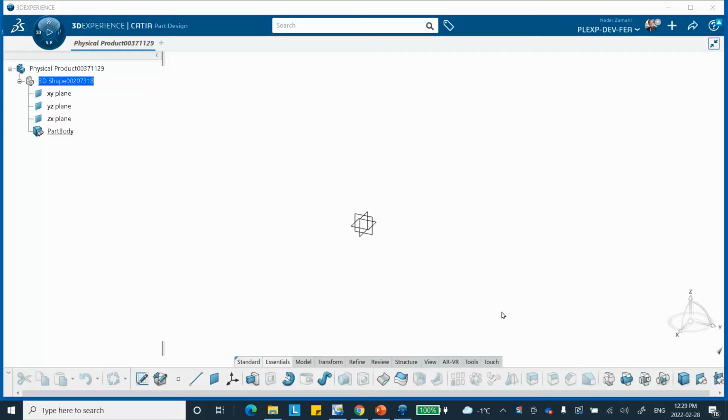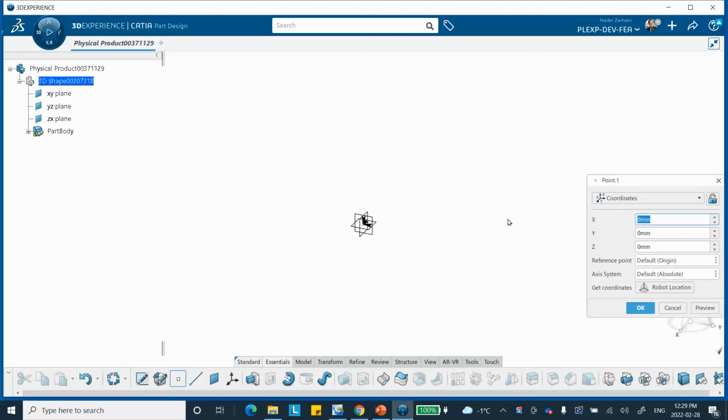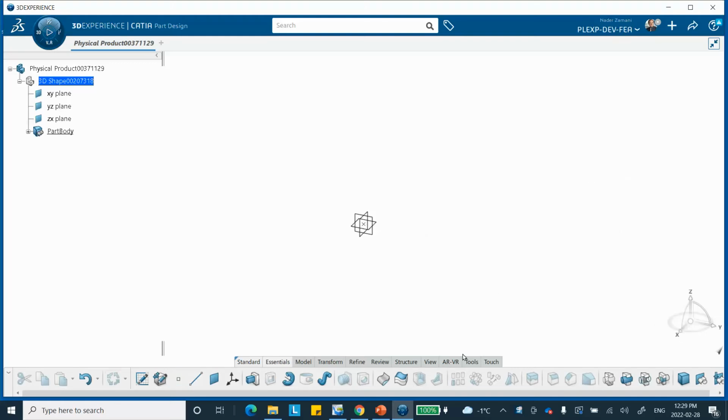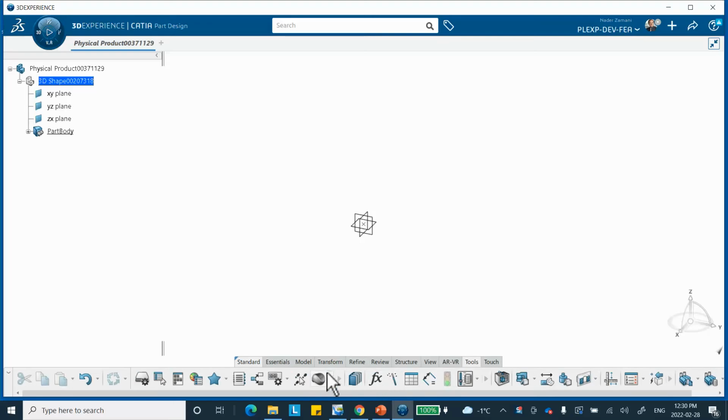Okay, so I have started a part file in the part design application, and I'm going to create my geometry. So let's do 2 points here, 0, 0, 0, and another one with y of 2499 and 875, and a Z offset of 25 millimeter. Okay, so this creates the 2 points that I need,